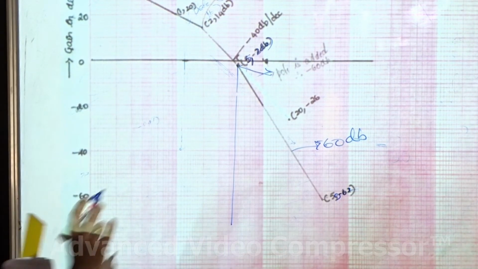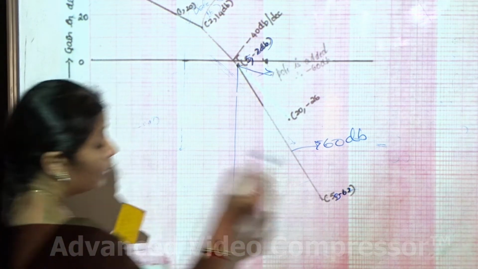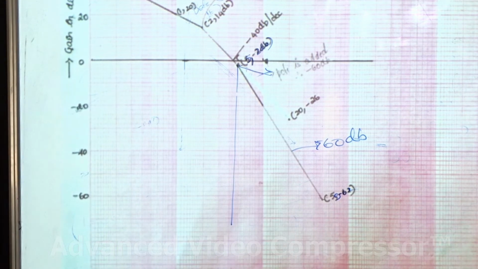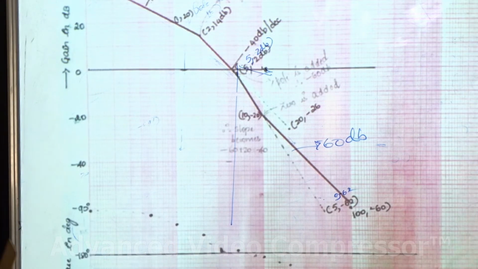Can I just keep it like this? Can we stop here? No. If we go back to the problem, the transfer function, we see there is a 0 which is getting added at a corner frequency of 10.